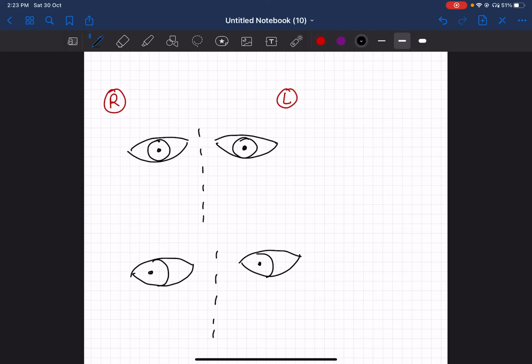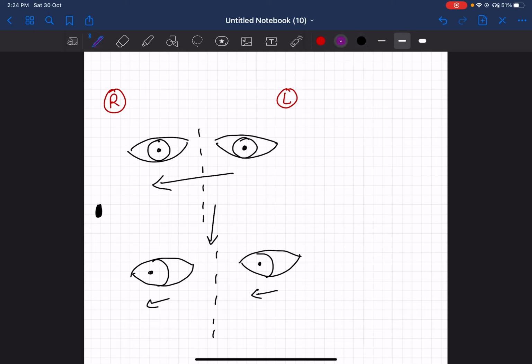Suppose an object is placed to his right side and the person wants to look at that object, then he needs to move both the eyes in the right direction, right? So here, what muscles, this is depicted in this picture. The right eye will move in the right direction as well as the left eye will move in the right direction, but the muscles involved are different.